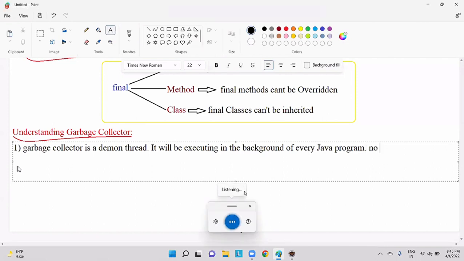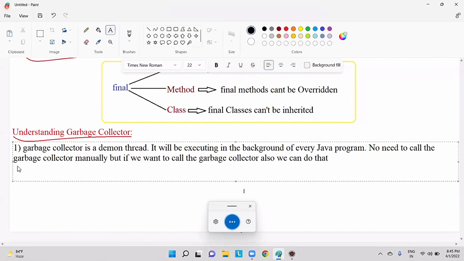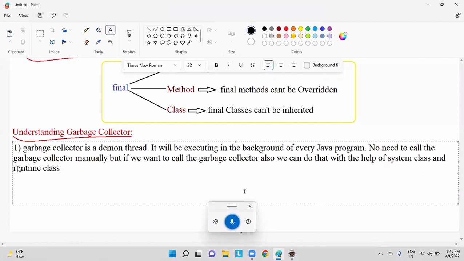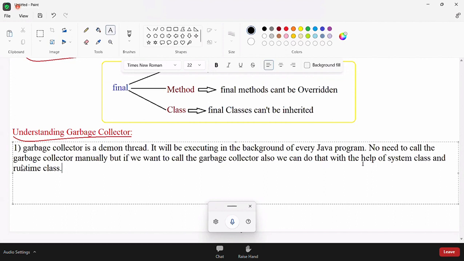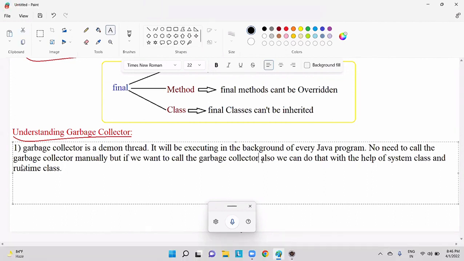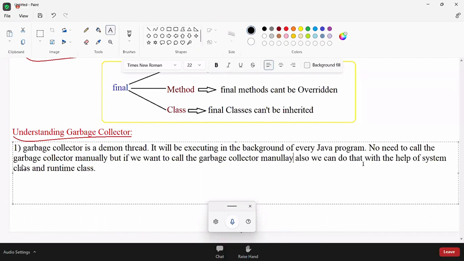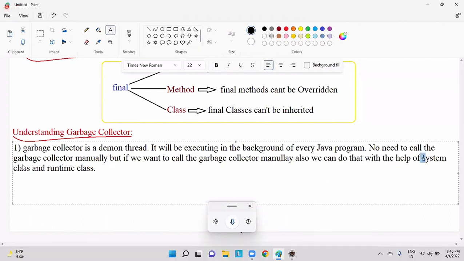No need to call the garbage collector manually. But if we want to call the garbage collector, we can do that manually also, with the help of the System class and the Runtime class.